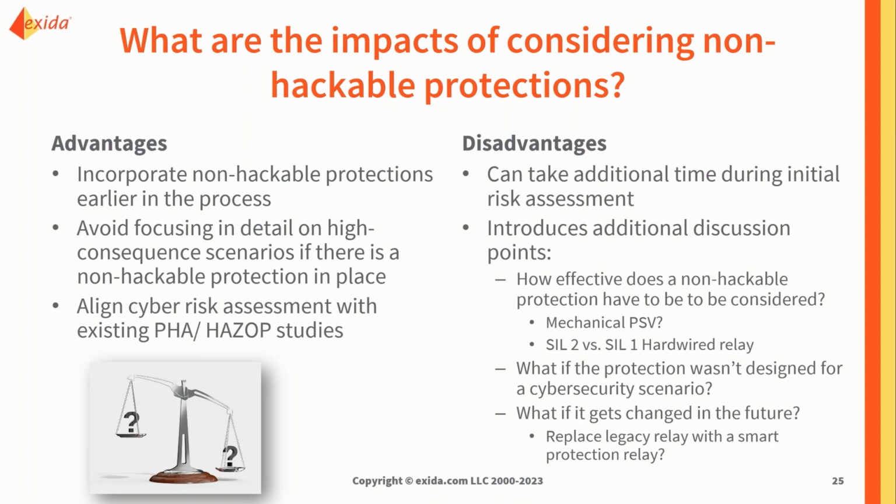And the reason it takes additional time is it brings a couple other discussion points into view. So we can talk about, well, how effective does a non-hackable protection need to be for us to consider it? Because again, if we think about the HAZOP-based methodology, we're potentially filtering that entire scenario out of consideration just for having that non-hackable protection. Typically a mechanical PSV, that's a reliable device. We can get 2 orders of magnitude from it during a functional safety risk assessment. So if we take that level of credit, then we may say, okay, that's enough to filter that out of